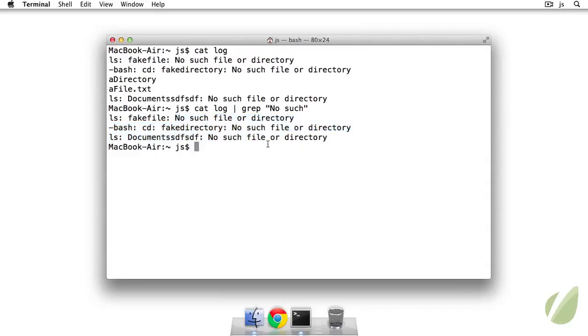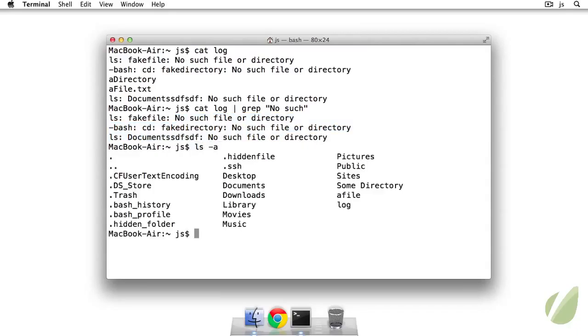So I can also do this with ls. So I see a bunch of stuff here. I can ls and see all of the files. So I have a bunch of hidden files and I have a bunch of regular directories and files. But if I want to see only those directories and files that are hidden, I can do ls a and